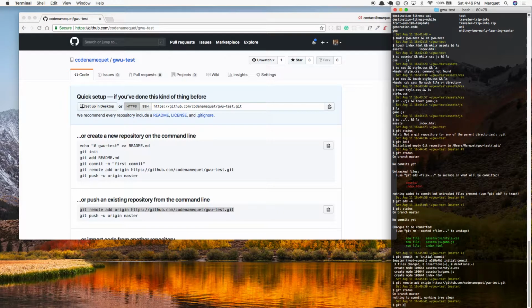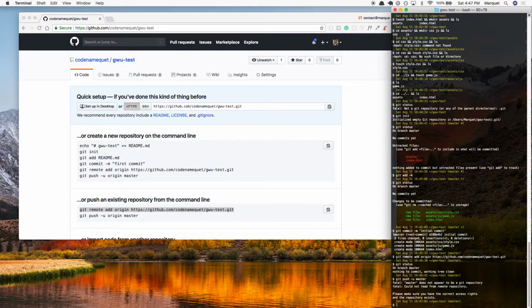Cool. So now we're gonna do a git push. This dash u here is setting an upstream and saying, hey, whenever git push is typed in, push here. So the place we want to push is our master branch. So we do a git push dash u master,